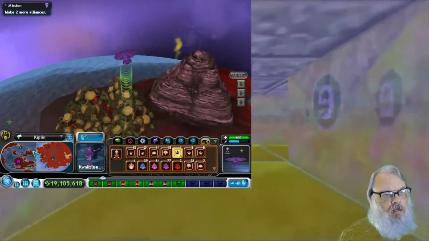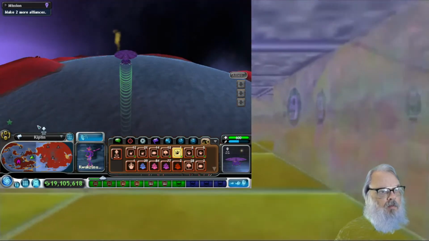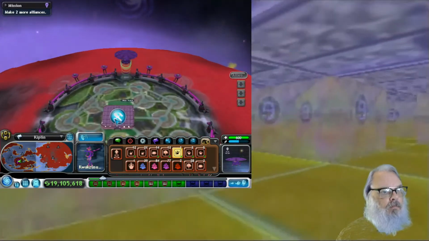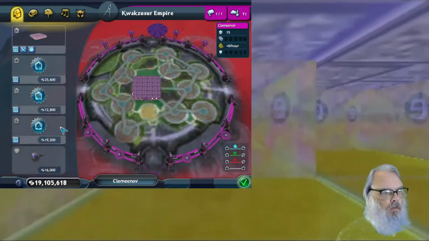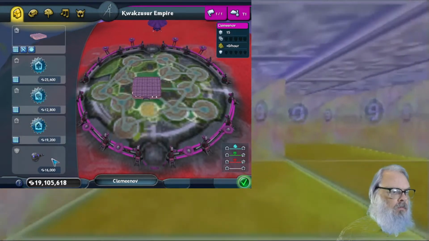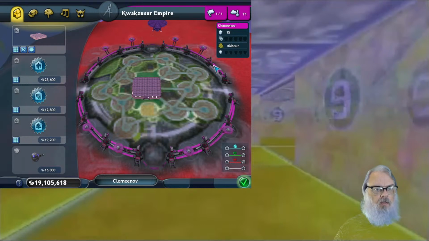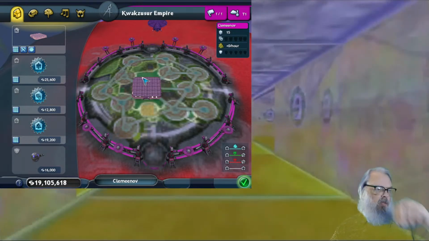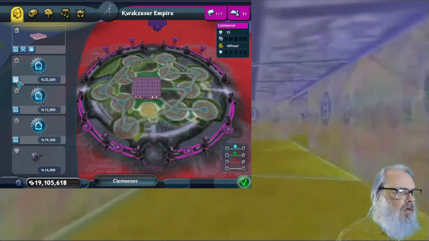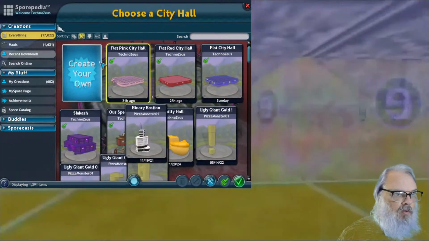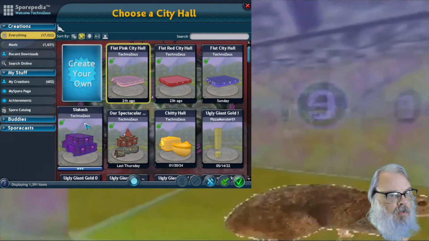It's enough that I can at least have this producing some spice. Okay. Yeah, I think there were 3 yellow spice planets in the system or something like that, so I could actually